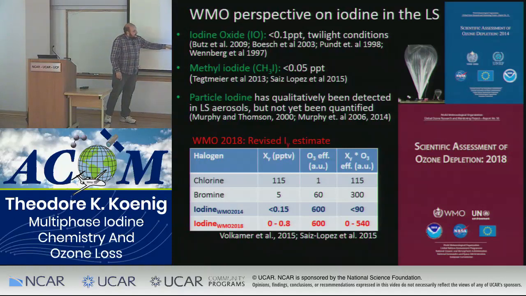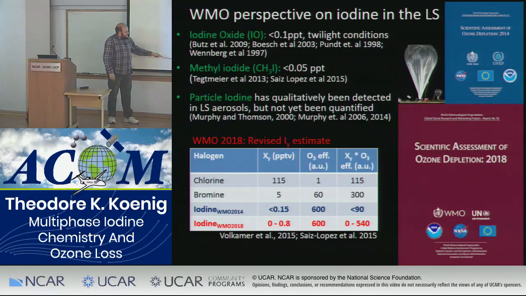It's, like I said, much more efficient than chlorine or bromine at destroying ozone, however. You can look at here, for the ozone destruction potential of 1 atom of chlorine, iodine will destroy about 600 molecules of ozone per atom compared to that. So even at these small concentrations, if you're looking at what's in the lower stratosphere, this looks potentially competitive with that, ignoring all of the dynamics and so on for now.